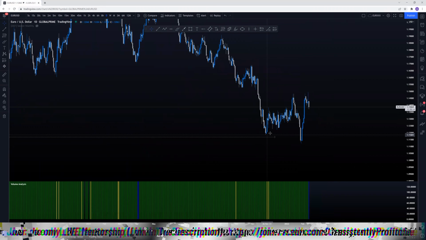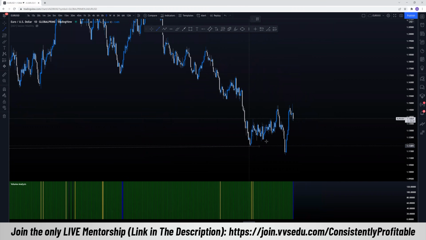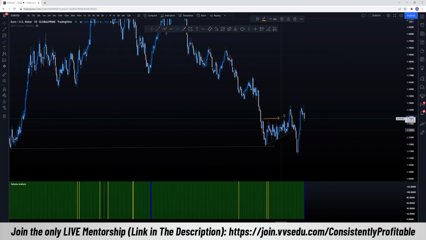Now, what a coincidence. As soon as this equal low was created right here, we see that price is now creating a bullish trend line. This adds to the intention of creating a bullish sentiment. So people, again, less informed traders, start buying from here. So when everyone is buying and price keeps breaking and making higher highs, as you can see here, what is happening underneath the chart, behind the candles?